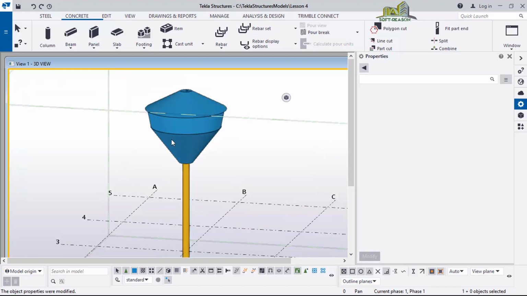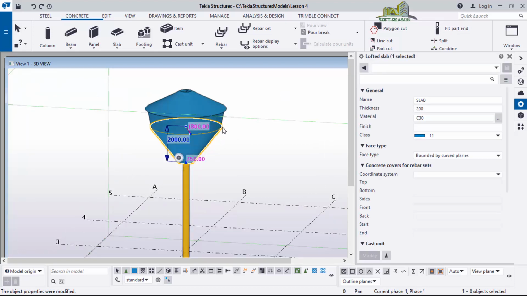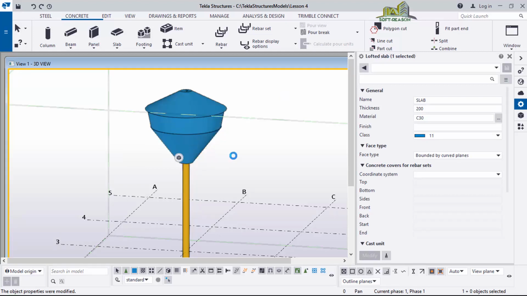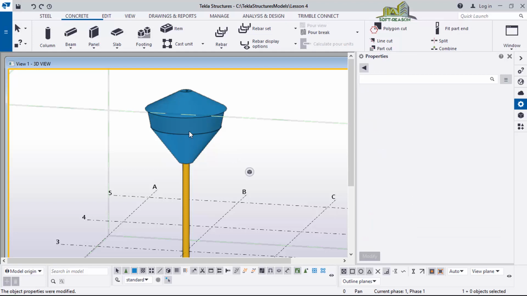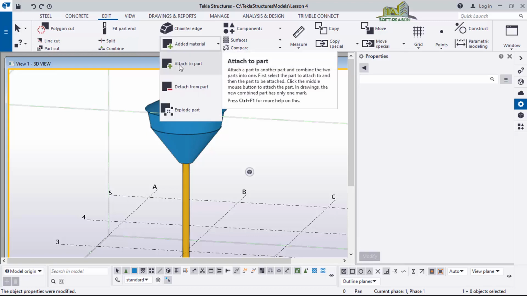If you also check this, if you select this one, you see that they are single. So you now have to combine them together. For you to do that, you go to the edit tab, and you use this one, add material. Click on this drop down menu and then click on attach to parts.